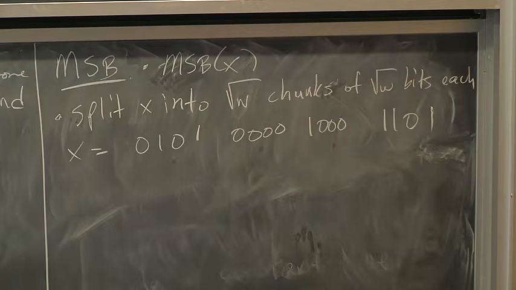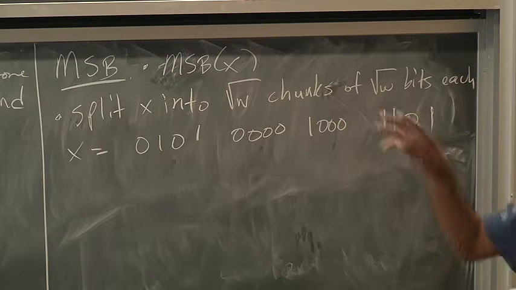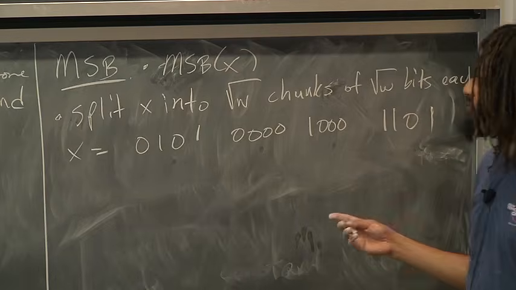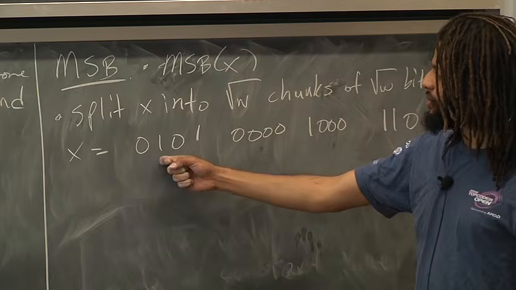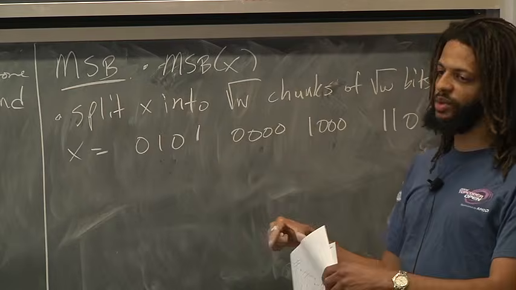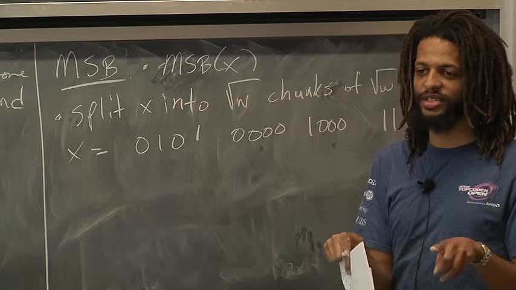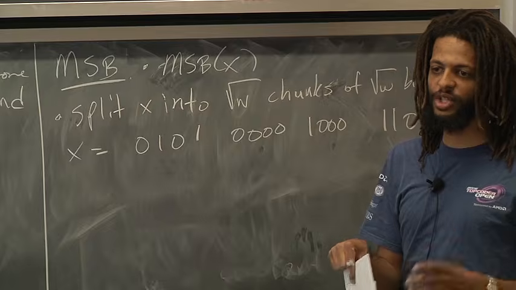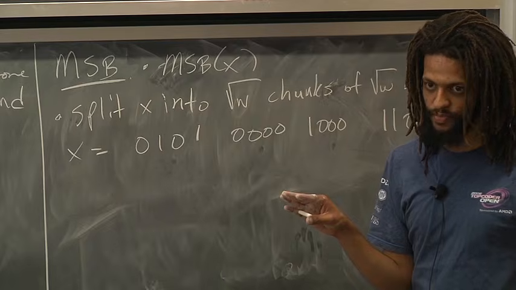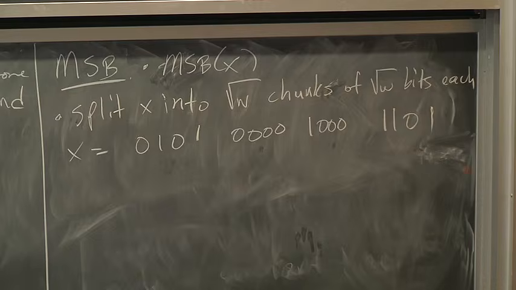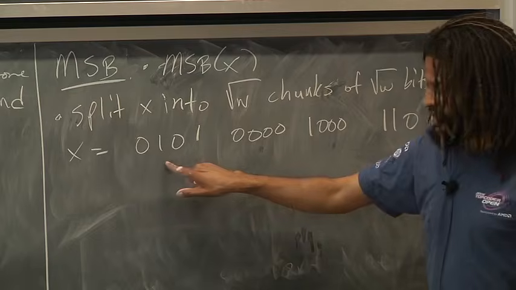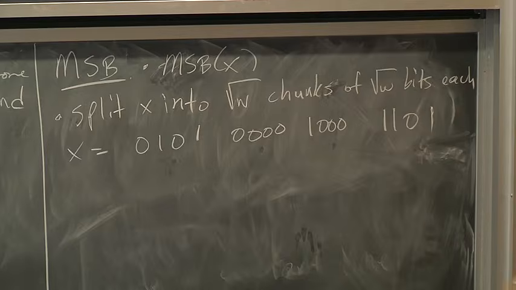And what we're going to do is first, using word level parallelism and multiplication, et cetera, figure out exactly, we're going to form a root w length bit string that's consecutive, which will tell us exactly which clusters are non-zero, which clusters have anything in them at all. And then once we find that, we're going to find the first non-zero within a cluster. And at some point, we're going to exploit the fact that we can deal with root w size numbers, we can do crazy things to them really fast.